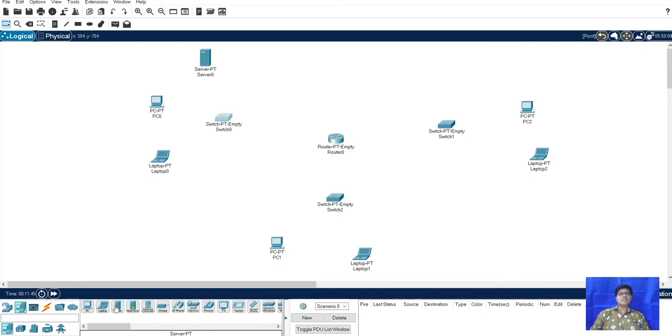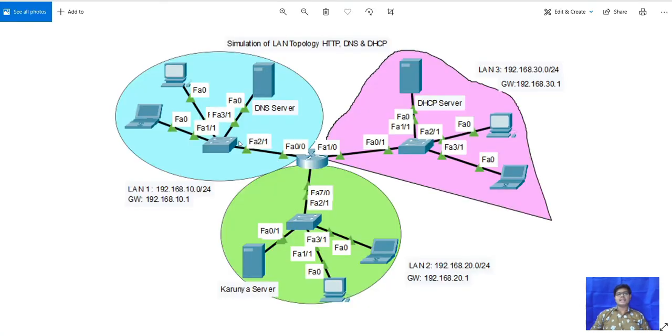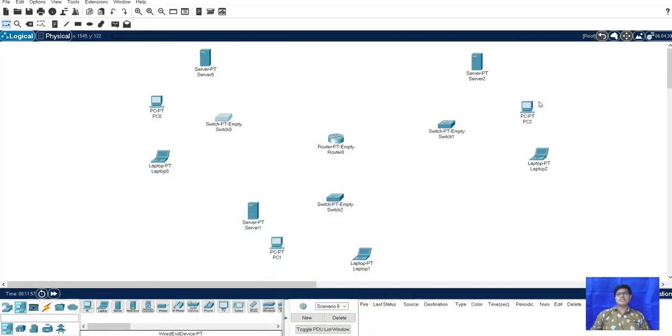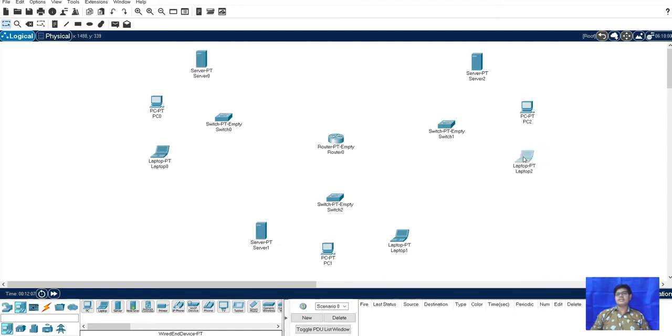This server will be here, again here, and here. So this is the simulation we are going to make. After that, we will arrange all this. Here will be laptop, here will be PC, and this will be server. Here the same connections will be there.